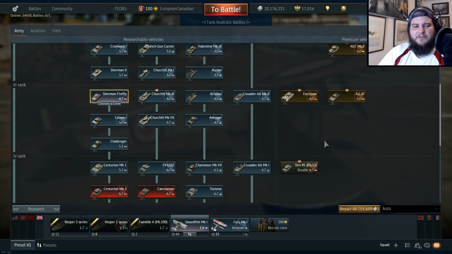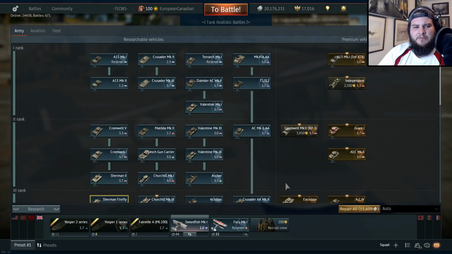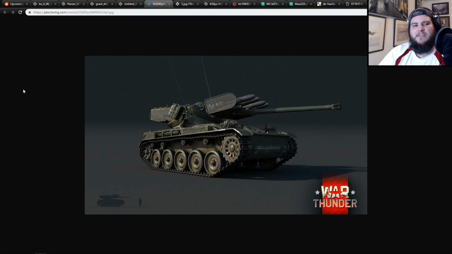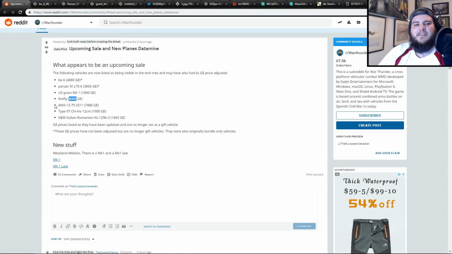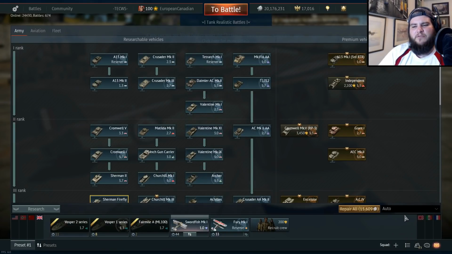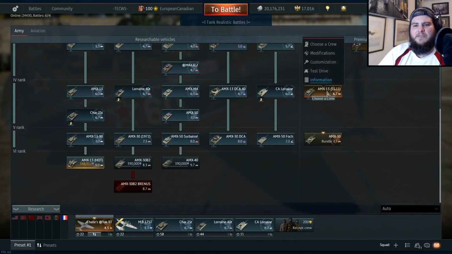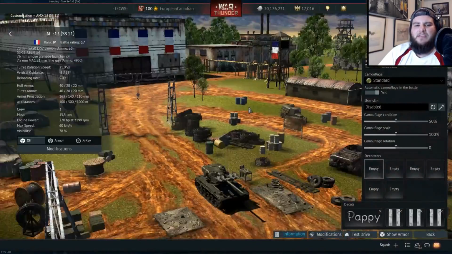Remember, if it's a rank 3 vehicle, it'll be able to research one rank above it really well, and every rank below it. The next one is the AMX 13 SS11, or 1375 SS11, 7,480 GE. And the real reason why this one's more expensive than the others is because this is a 6.7